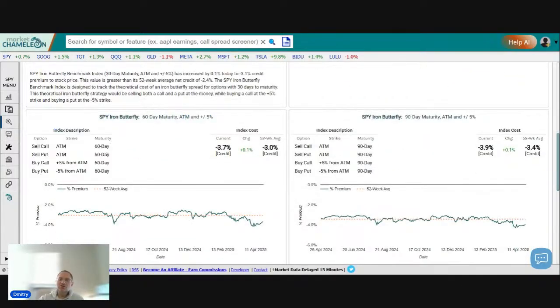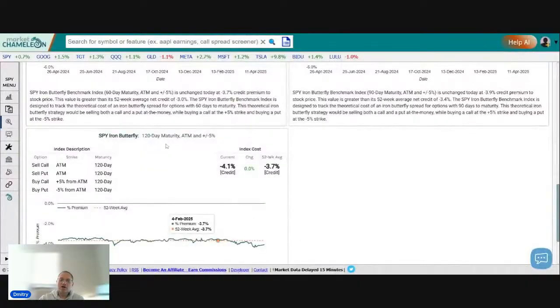Here we see there's a credit of 3.7% versus a historical average of 3%. Going out 90 days, you have a credit of 3.9% versus a historical average of 3.4%. And if you go out 120 days, getting a credit of 4.1% versus a historical average of 3.7%,